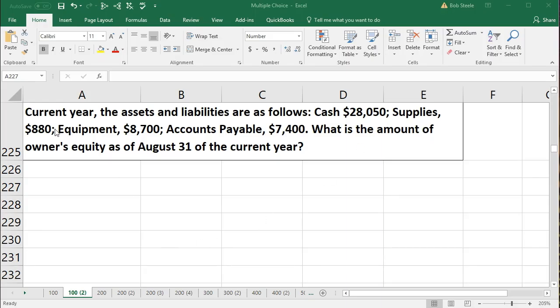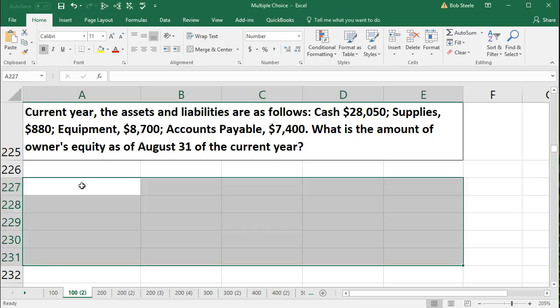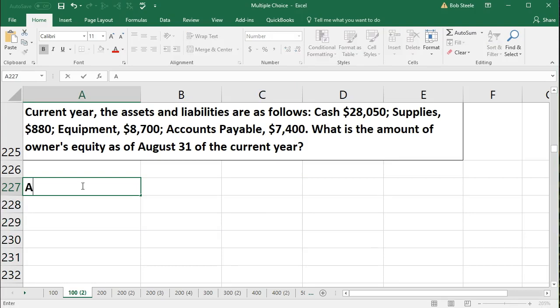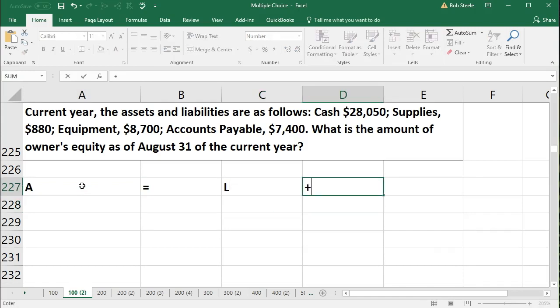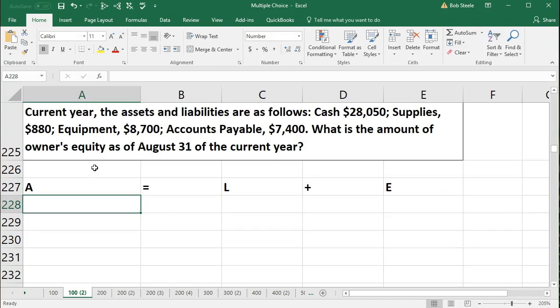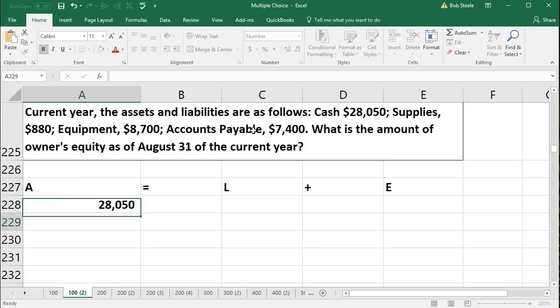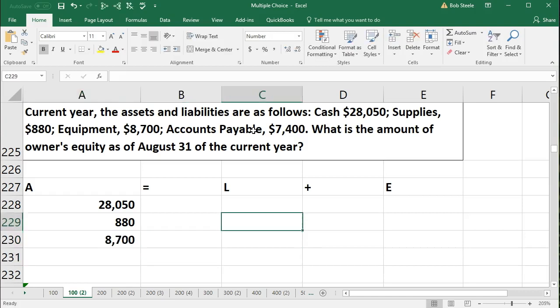So here's the Excel, same problem up top. Once again, we're going to write down our accounting equation. I'm just going to abbreviate assets equal the liabilities plus equity. And now we're just going to put these amounts into this accounting equation. Cash $28,050, supplies is an asset 880, equipment is an asset 8,700, and of course the payable is a liability of